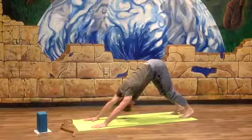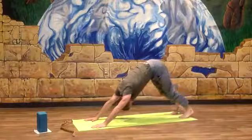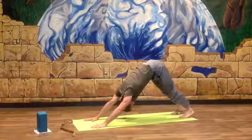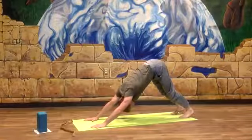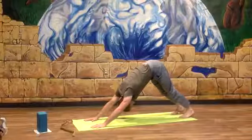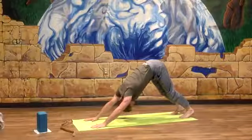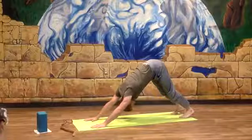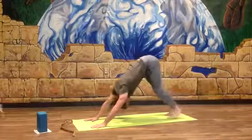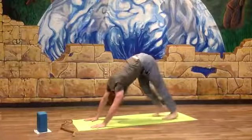Feet are hips width apart. Reach through your arms. Maybe you pedal out your legs or keep that soft bend in your knees. You've got this. Hold on. One more breath in. And when the exhale happens, walk or step yourself to the top of your space into a simple forward fold